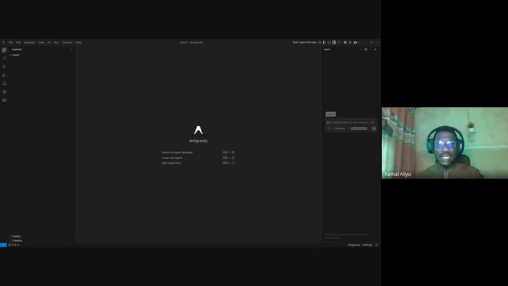So let's begin by creating a simple app. As you can see, under workspace we have class one. Class one is just a directory that I created on my computer, and I opened it in Antigravity. If you are following along on your computer, you can also create a directory, give it any name that you want, and it will work as we are working with this one. So let's begin by creating a simple app, so that I won't just be speaking English; we'll have it going practically.